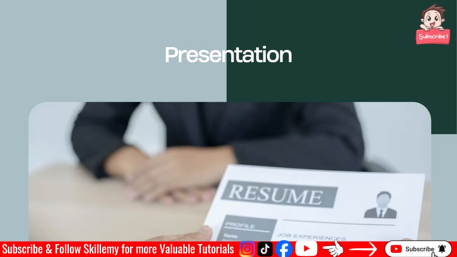Then the next one is effective communication. You should have effective communication during your presentation, when you present yourself. Both sides should have an interaction between them. If the interviewer is asking questions and you are just saying yes sir, no sir, yes sir, no sir, then there might be a communication gap between you and the interviewer. So you might not get this particular job.